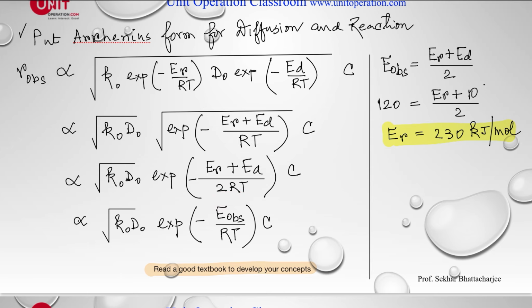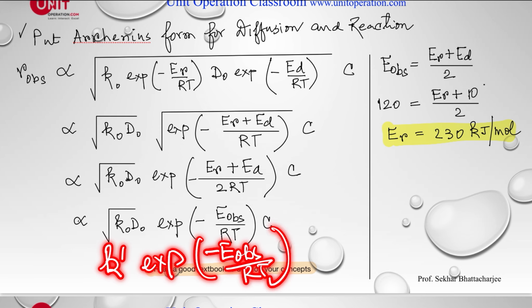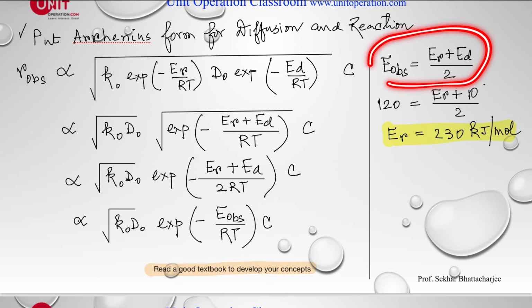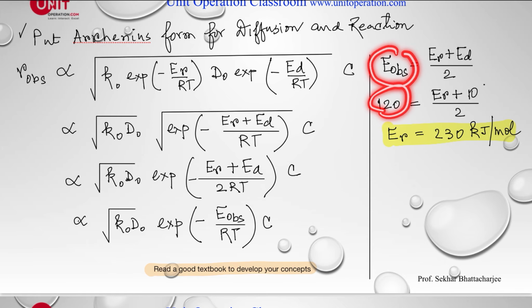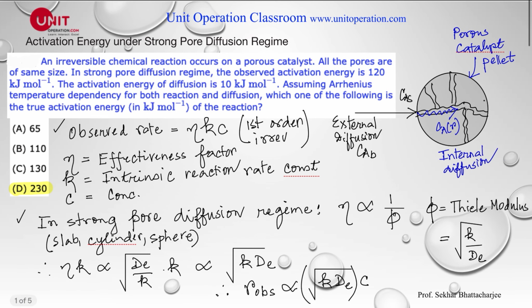So if I compare this with the standard Arrhenius kinetics, we know this normally is a constant times exponential of minus E observed divided by RT, where of course E observed is going to be equal to E_R plus E_D divided by 2. Right, so that's what it is right here. Now, according to the problem, E observed is given as 120 kilojoule per mole,